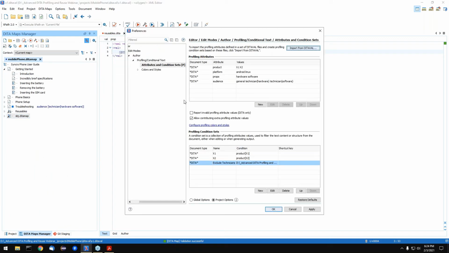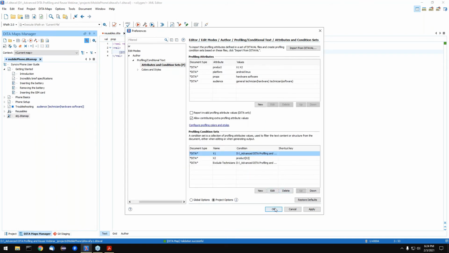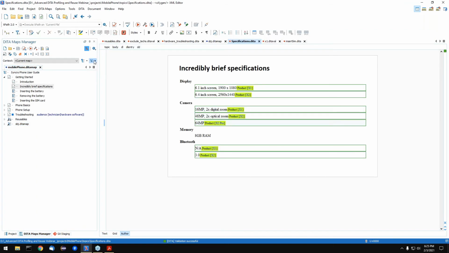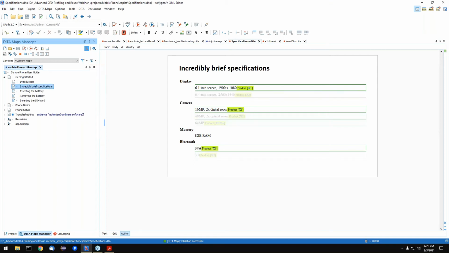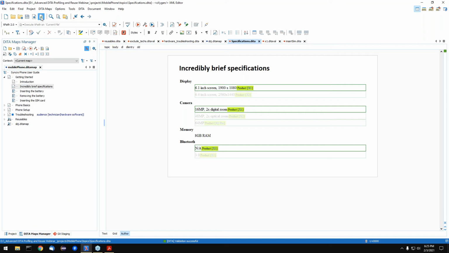Let me edit the X1 condition set and use our X1 data val. Okay. And now if we go back to our specifications and we apply the X1 condition set, as I said before, you can see that both the X2 and the X2 Pro models were excluded. If we want to exclude only the X2 Pro, then we will need to provide the proper value here for the val attribute. And now if we reload this, we see that only the X2 Pro